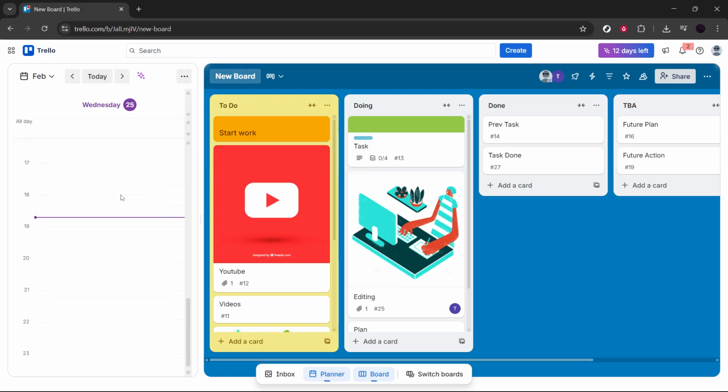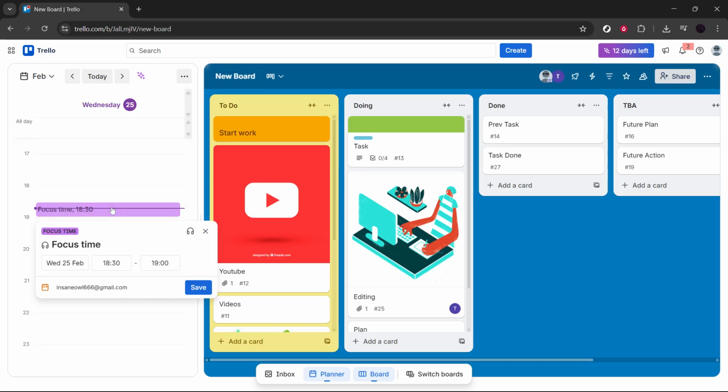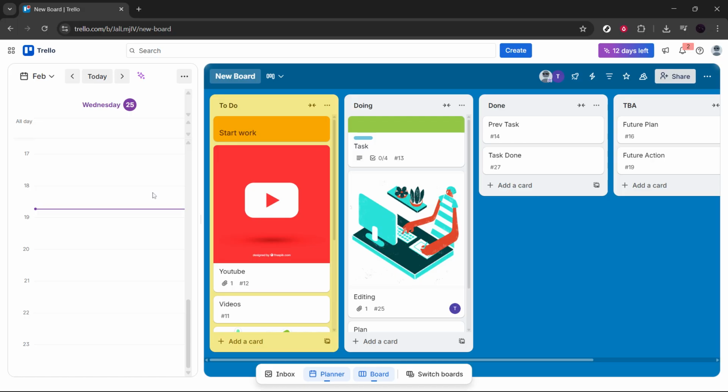Once connected, your Trello board will sync with Google Calendar. Any card with a due date will automatically appear as an event in your selected Google Calendar. If you update the due date in Trello, it will update in Google Calendar as well, helping you keep everything aligned without manual entry. To make sure everything is working properly, open Google Calendar in a new tab and check